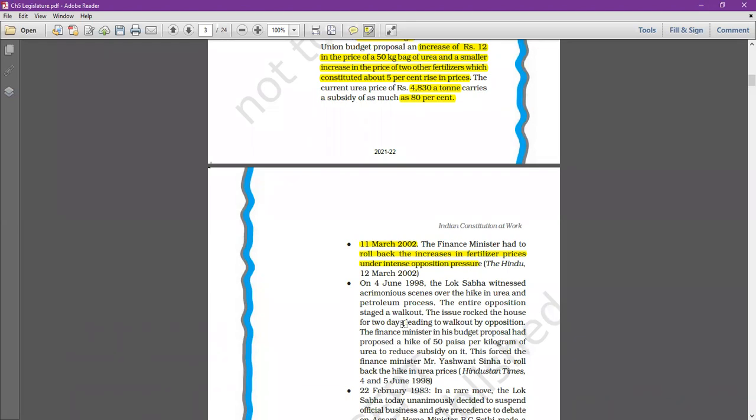So that is the importance, that is the power of the legislature, that sometimes even the government has to roll back its own decisions. Why? With the pressure of the opposition parties in the parliament, and through the pressure, through demonstrations,